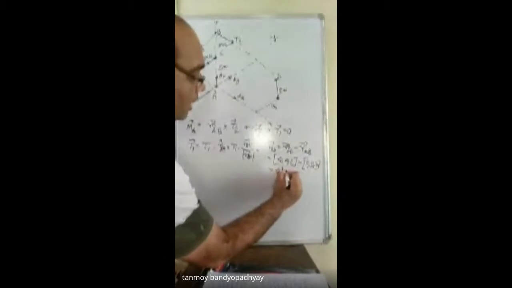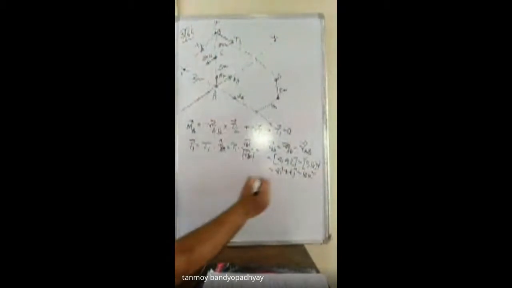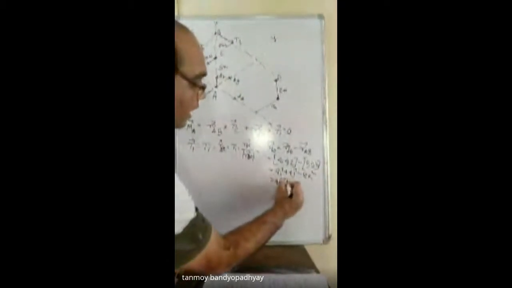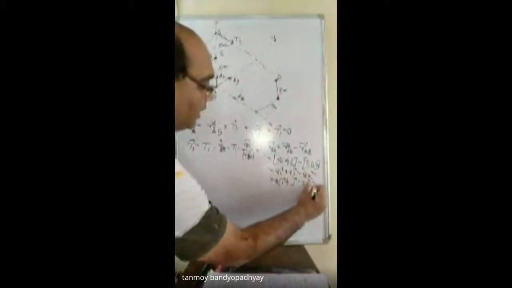So if A is the origin, so I take it as the origin. So what are the coordinates of B? The coordinates of B will be x is 4, y direction it is 4, and z is 2. And what are the coordinates of the point D? It lies on the positive z axis. So that will be 0, 0, and 10. So we should be having 4i plus 4j minus 8k cap. So if I take 4 as common, we should be having i cap plus j cap minus 2k cap.